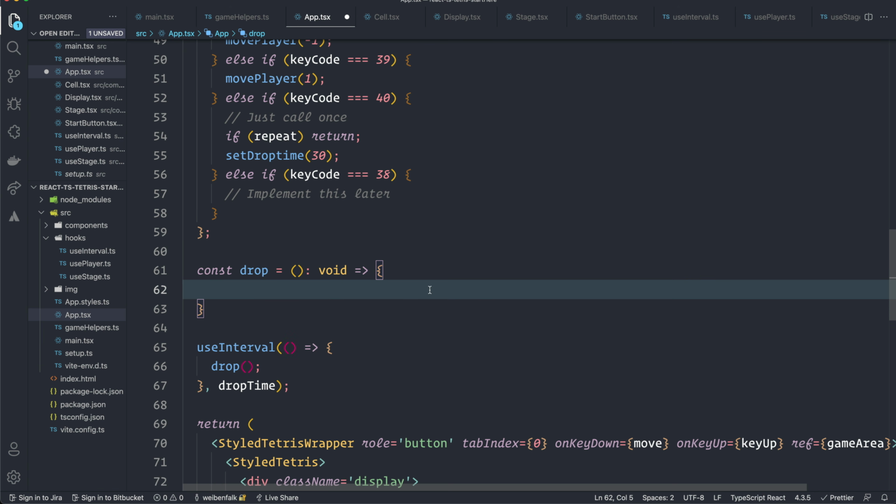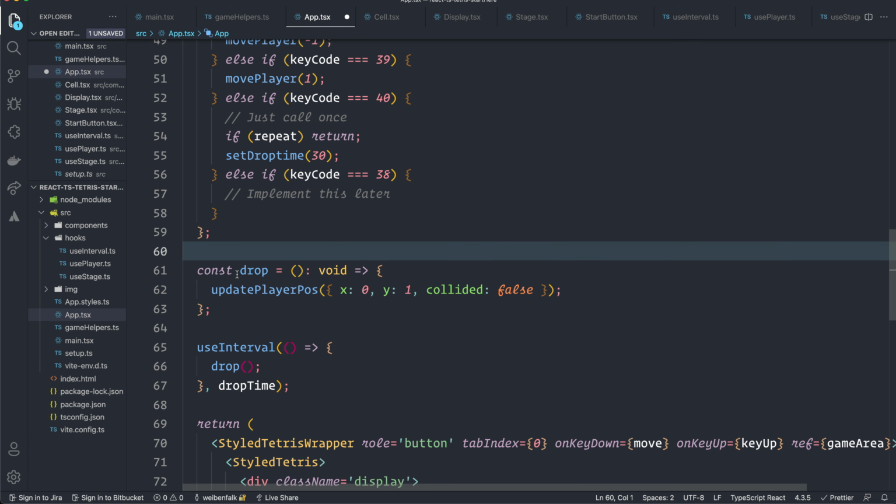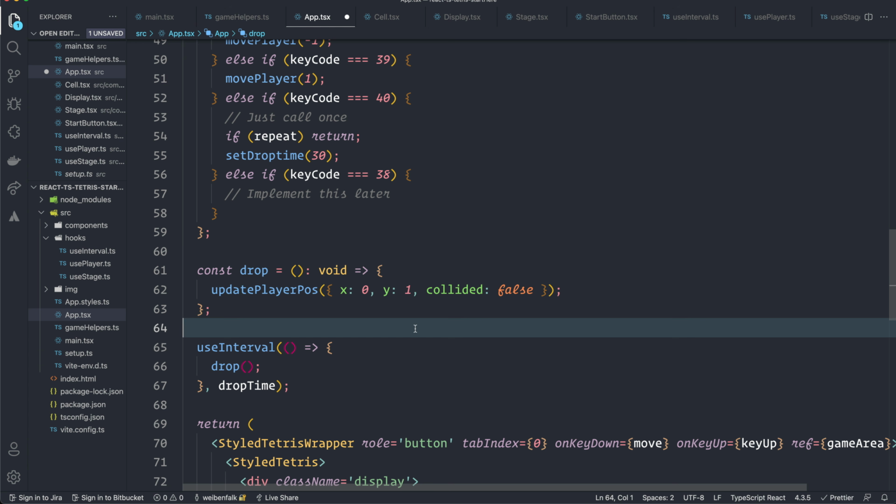And the only thing we're going to do for now is to update the player position. We give the X value 0, Y 1 because we're moving down 1, and collided is going to be set to false for now. So this drop function is going to be called from the interval, and that will hopefully create